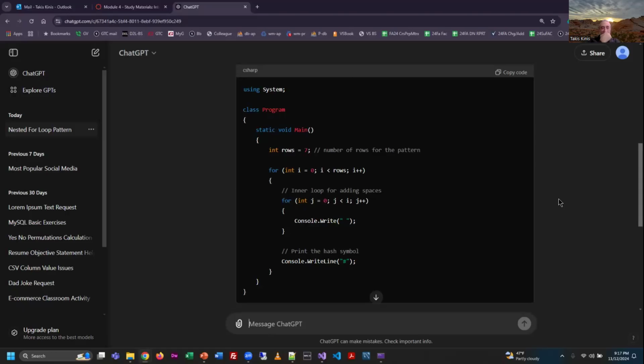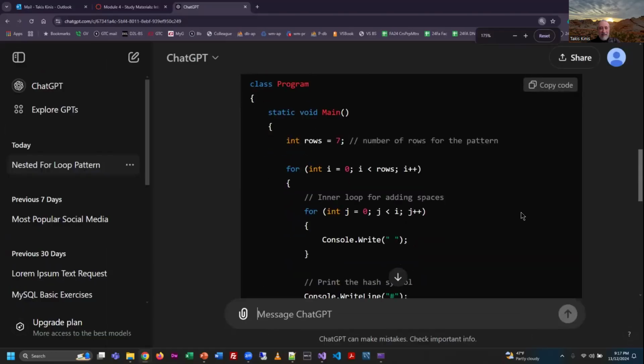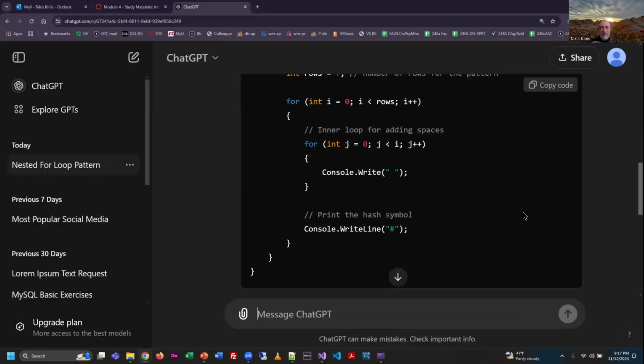Look at where it's printing the hash mark on this. The hash mark is printed with the outer loop because that happens every time. What's changing? This is a matter of recognizing what the change is, right? The change is really in the number of spaces. So each time we're printing more spaces, but